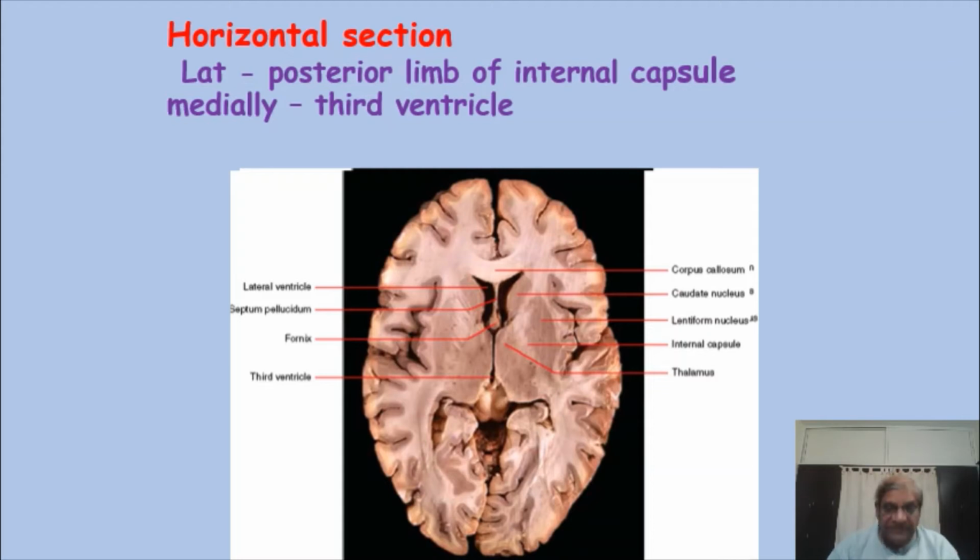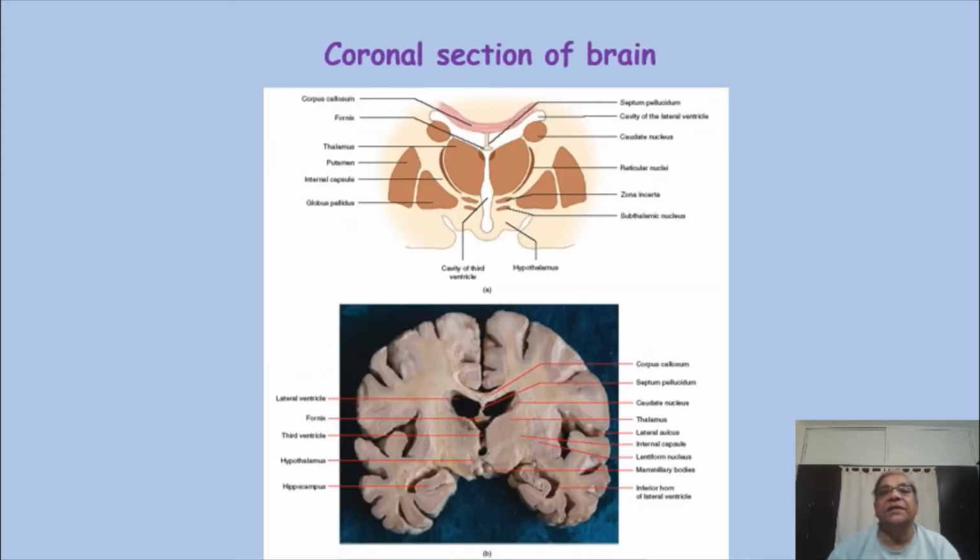Laterally, as I have already described, the internal capsule forms its limit, and medially the third ventricle is there, which we can see through the horizontal section. Now, just to visualize the location of the diencephalon, the dorsal and ventral, that is thalamus and hypothalamus,